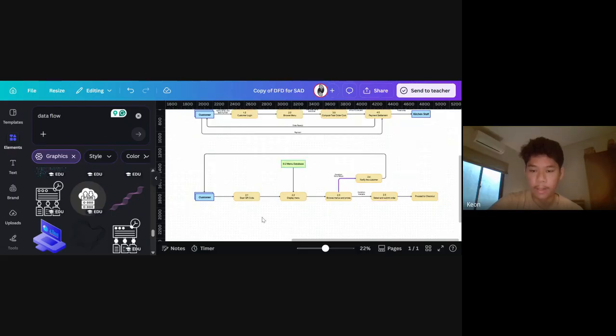While my case assignment is not yet done, I might add a few more things that might come to mind later on. But for now, just so you know that I did this DFD and I understand the flow, let's